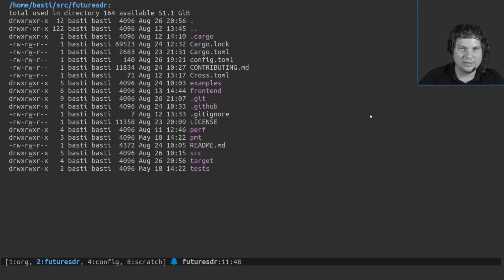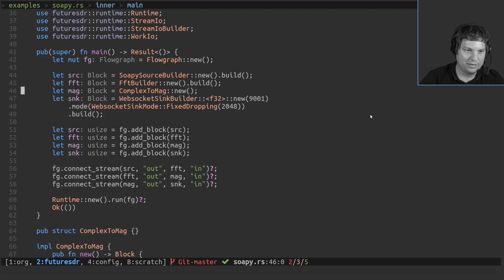Okay, so since this is supposed to be an SDR, I figured maybe we want to sample something. And in this case, I have a Tcp source and an RTL SDR connected to my PC. Tcp wraps different SDR drivers, including the one for the RTL SDR. So we have a source block for it, then pipe it to an FFT, calculate the spectrum, calculate the magnitude, and then stream all of this into a WebSocket sync. At the moment, this is how I do my GUI. So I just stream it to a WebSocket sync, and then there's a separate thing that reads the sync and displays the data.